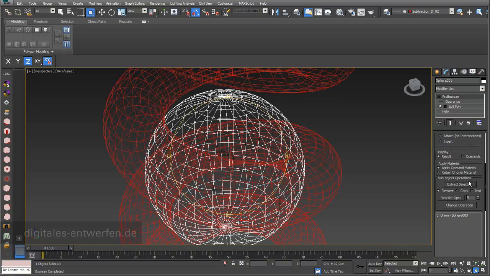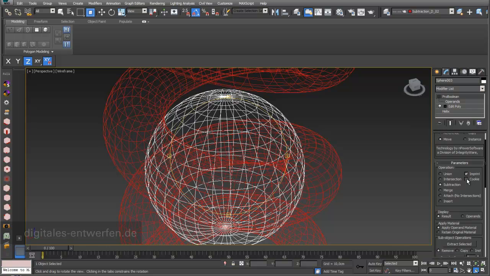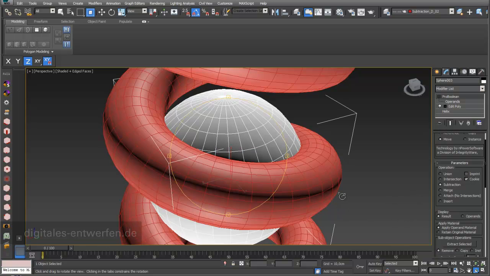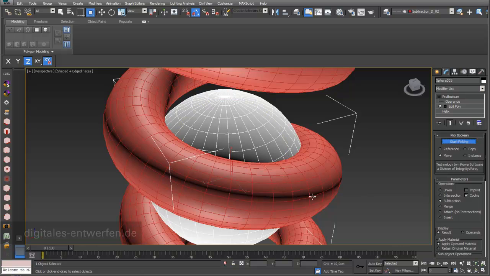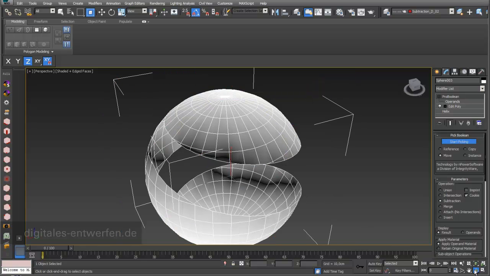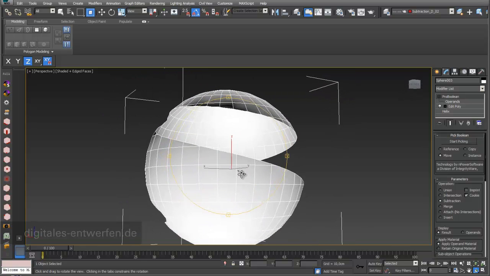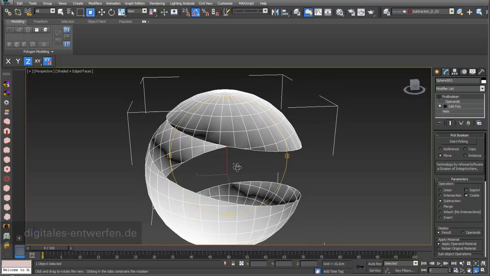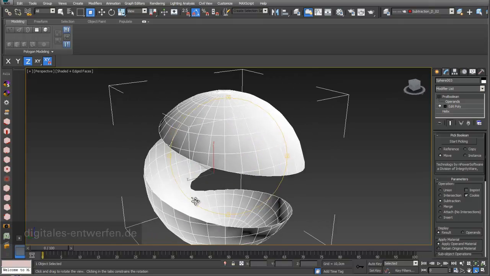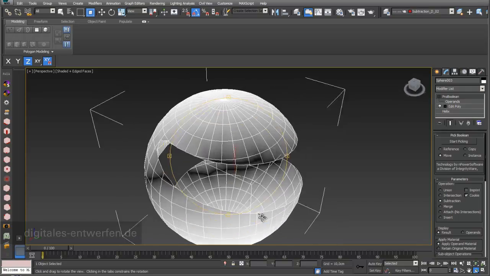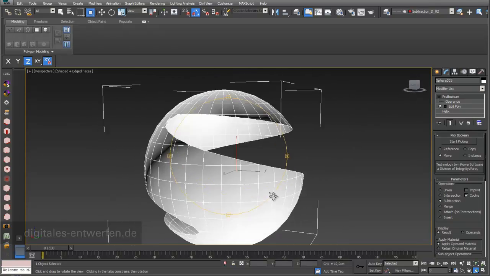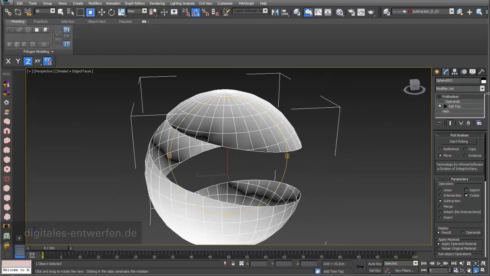And the other thing is also really nice. I can choose cookie, and there's a difference between subtraction with and without cookie. We will see what this will do. I go to start picking, and you can see that it just cuts the whole thing off, and it doesn't fill. It's a little bit like a Christmas cookie, and this is also a nice way to work with subtraction, because, for example, you can now just